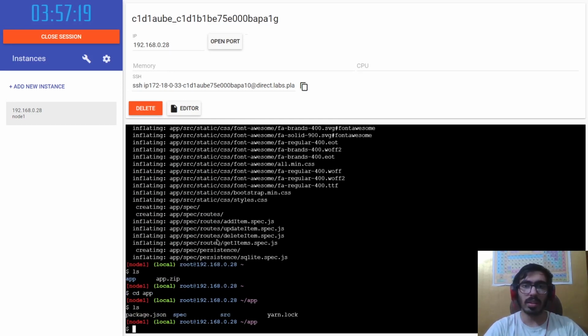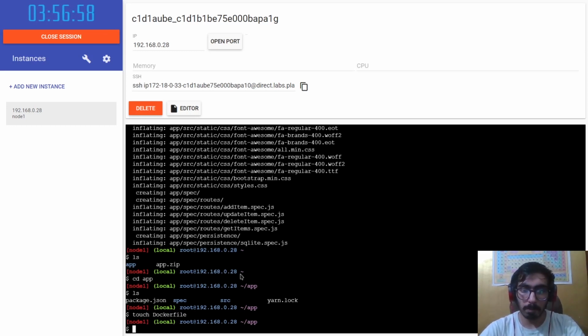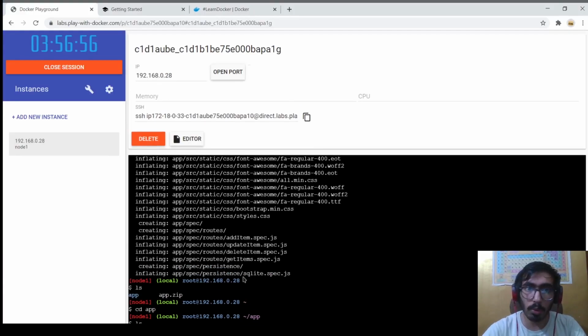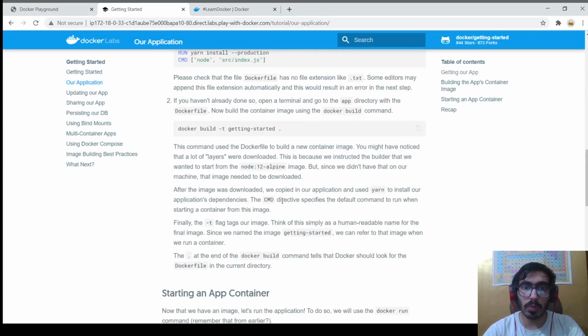So src contains our app. It's a standard Node.js app. You don't need to know what Node.js is. It's just a web server, a web app you need to run. Now in the same directory, we'll have to create a Dockerfile. What a Dockerfile does is it tells Docker what kind of image to build. Now for this specific program, this is what we need to build.